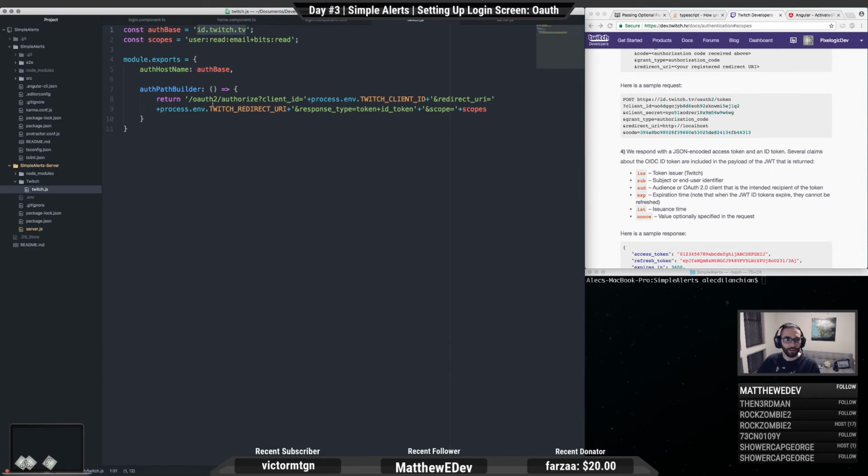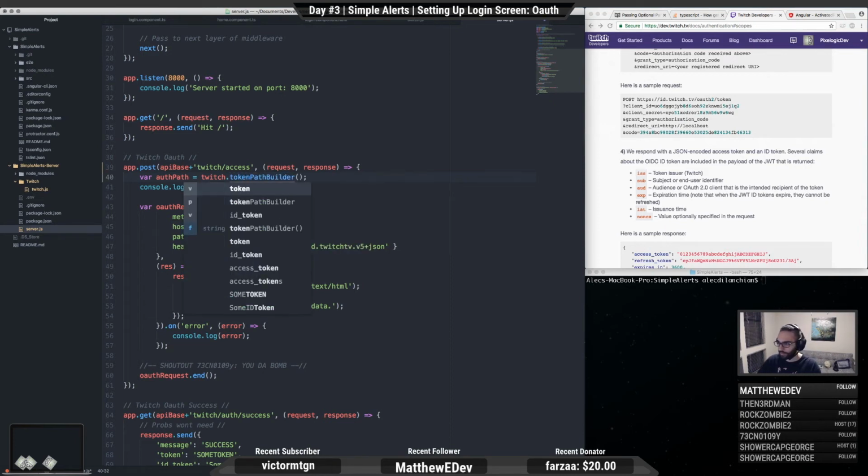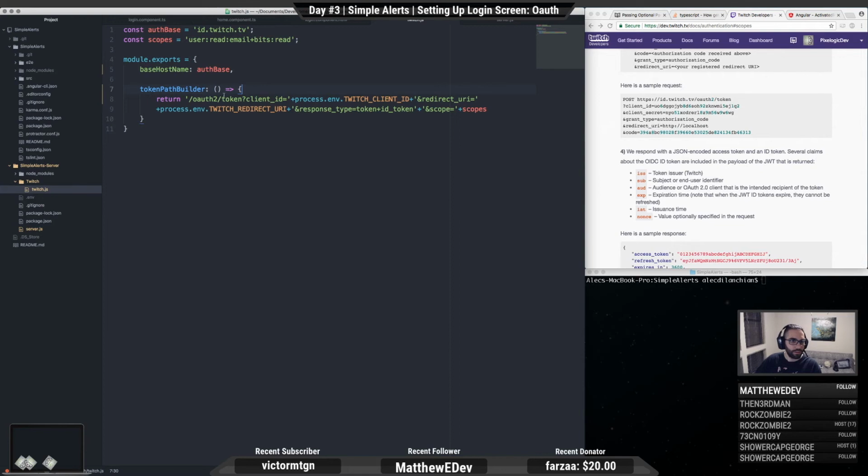We need our OAuth 2. This is now going to be token. So this is going to actually be called token path builder now. And let's call this base host name. So Twitch token builder, token path builder, OAuth token, and then we have client ID. Pass in our client ID, our client secret,